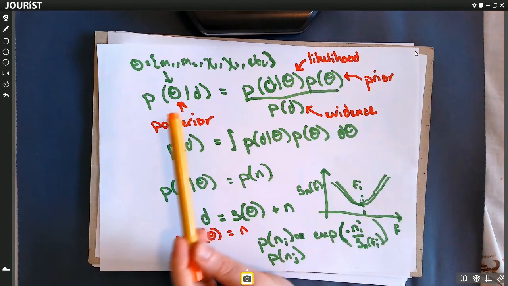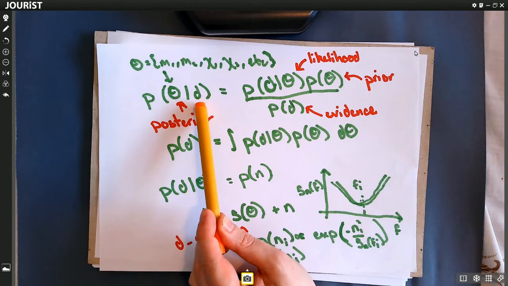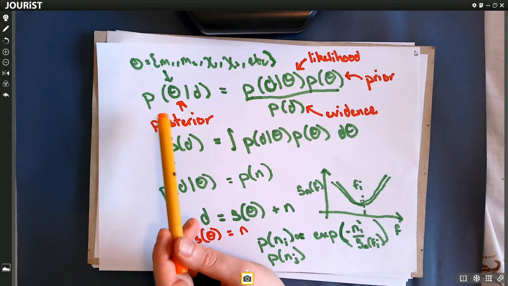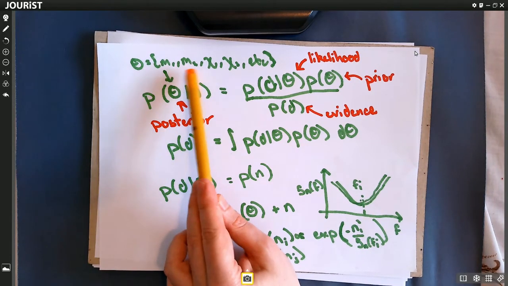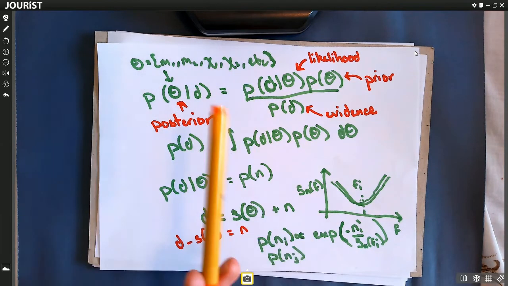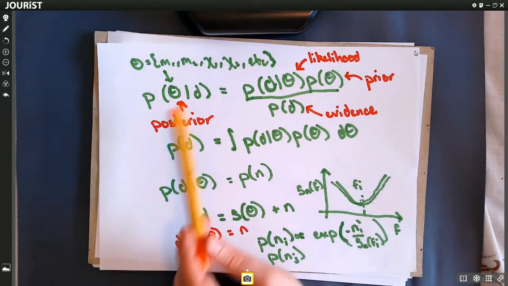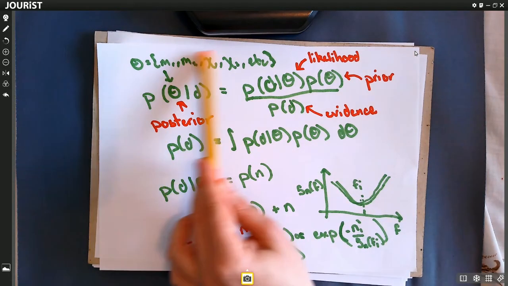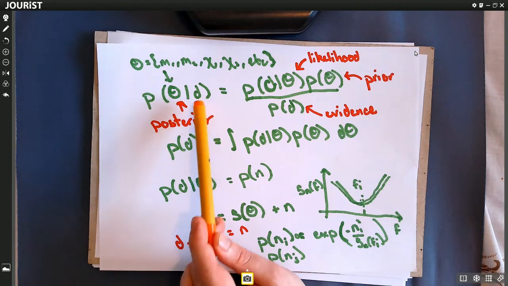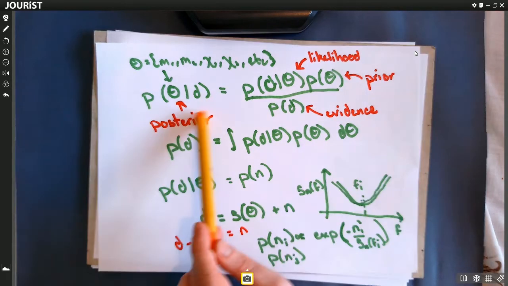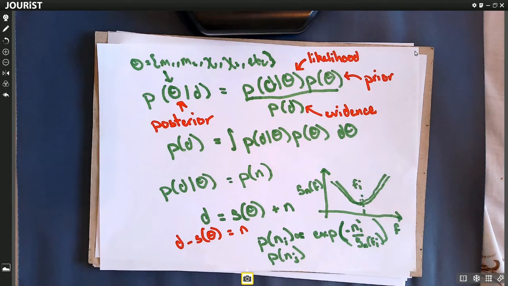So we have the data in D, and we're interested in inferring theta. This stands for the set of parameters describing the source: the masses, spins, distance, inclination, and so on. So we want the probability of these parameters given the data. We have the data, we know what's going on. And so we're going to end up with a probability distribution,